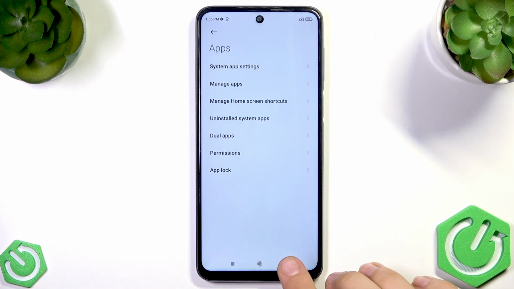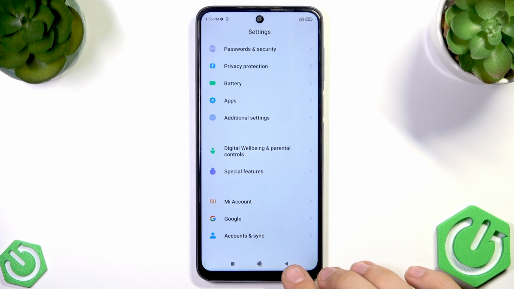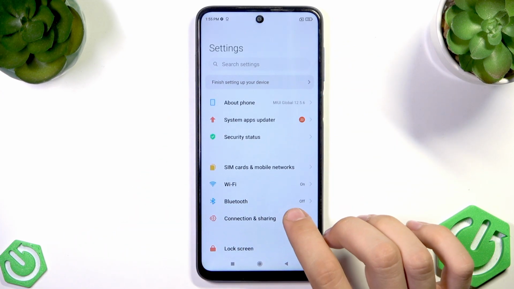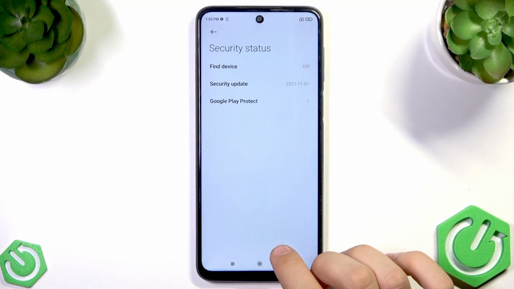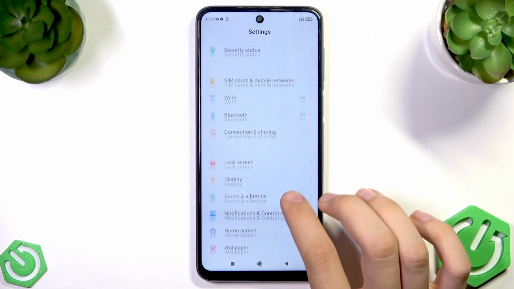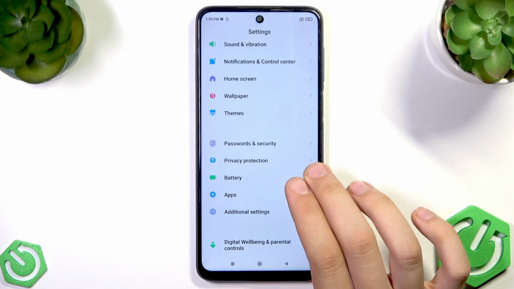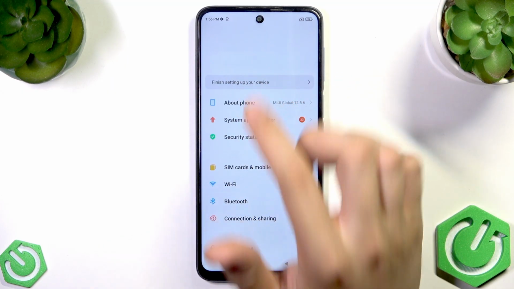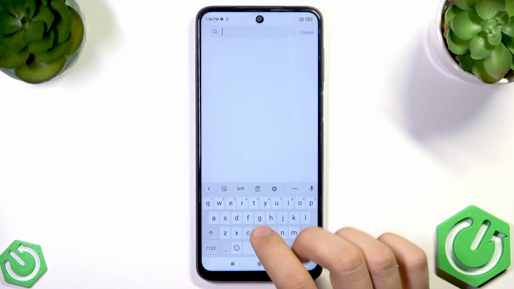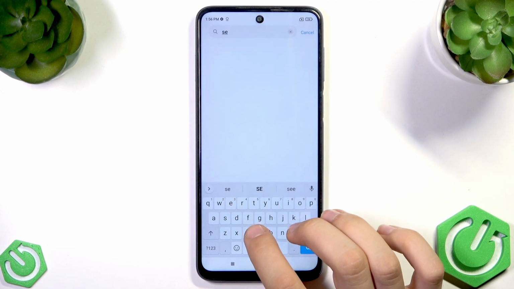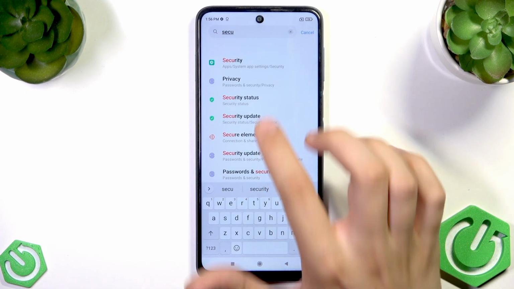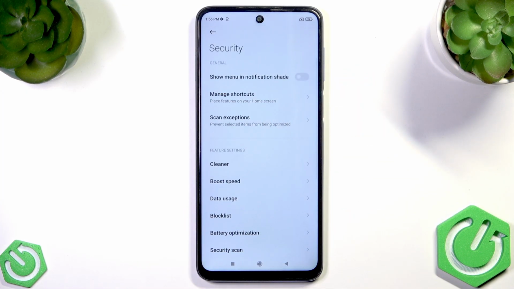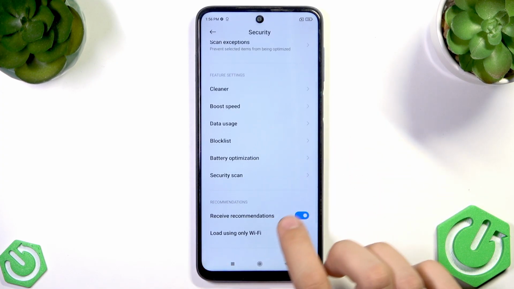Apart from that, we can go to the security. Here we have security status, but it's not here. Wait a moment, where was that? Security is as I remember. Okay, we can find a quick way, so let's go to search settings and search for security. Here we have, as you can see, security. It took us a moment, but we are here, and here we have to turn off the receive recommendations here,